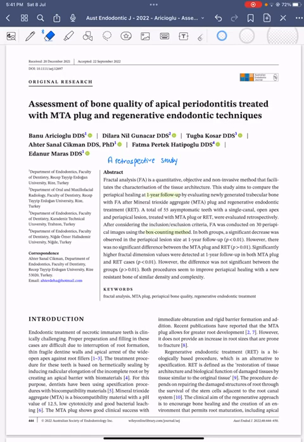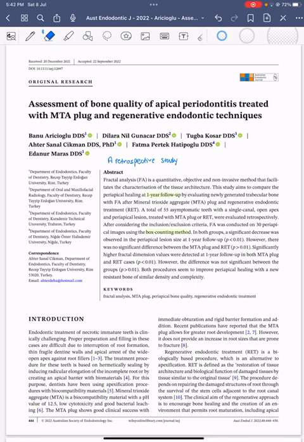The assessment of bone quality of apical periodontitis treated with MTA plug and regenerative endodontic techniques. It's a retrospective study published in 2022 by Banue et al., Australian Endodontic Journal. Endodontic treatment of necrotic immature teeth is clinically challenging, and several studies have confirmed the success of treatment